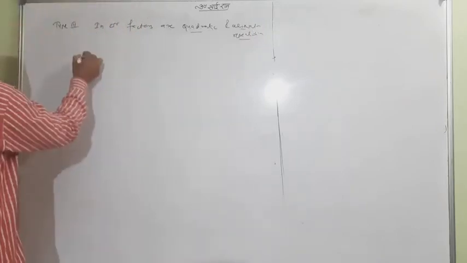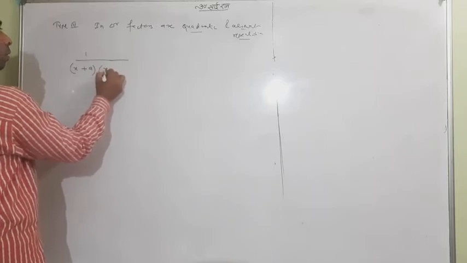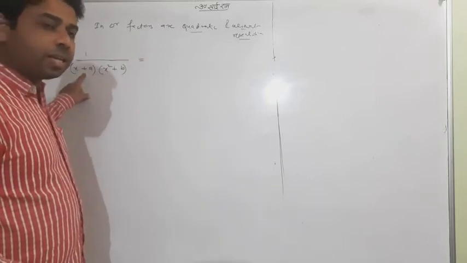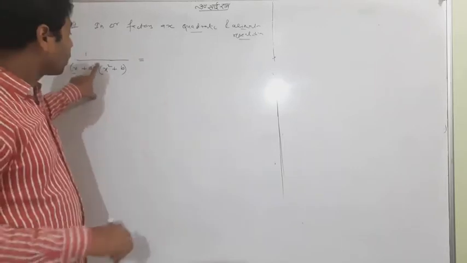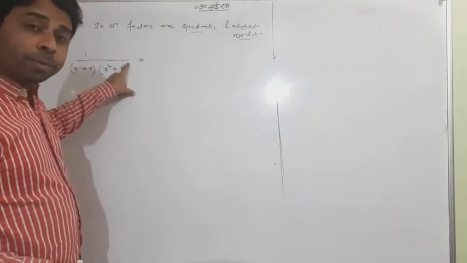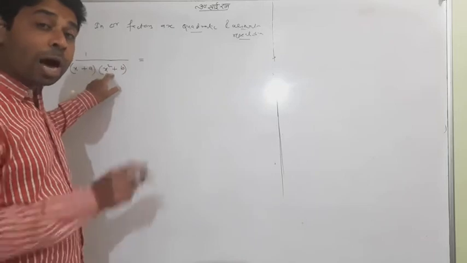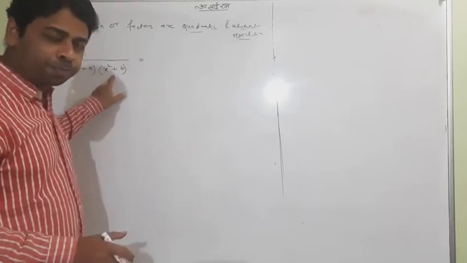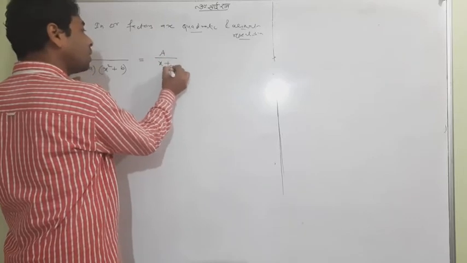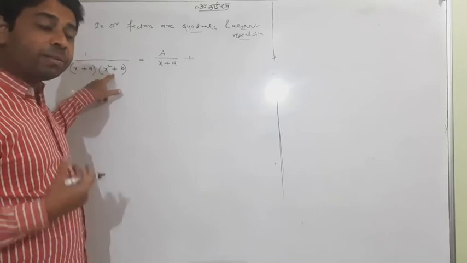What I want to say, look at this. Can you catch it? This is a linear factor without repeating, type 1. This is quadratic and of one power, meaning without repetition. So your main focus must be on that. How it is written, how it is expressed, this is well known. This is a upon x plus a. We know it. But the questionable thing is how we can express the quadratic.